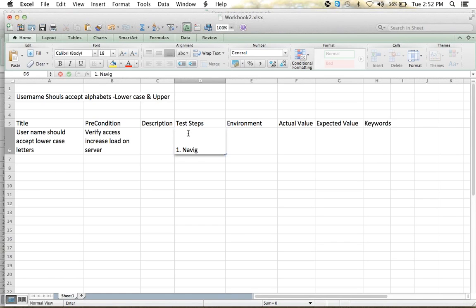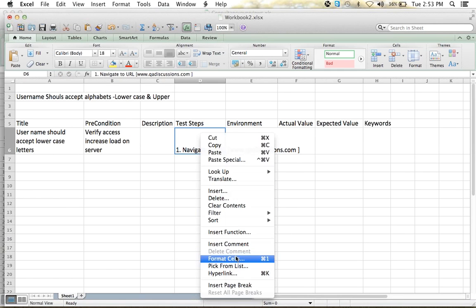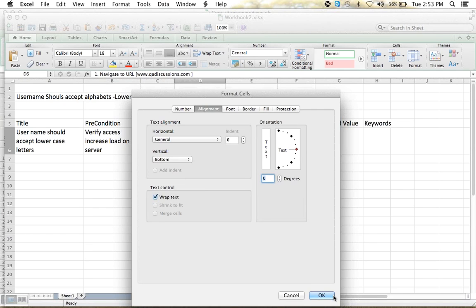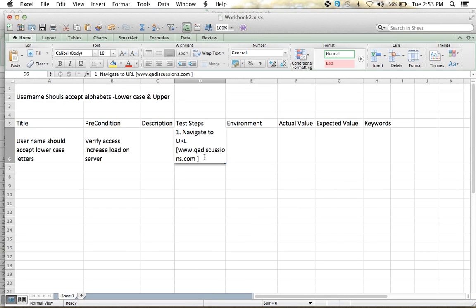First, navigate to a URL. So we give some URL, and the second point, enter the lowercase letters.